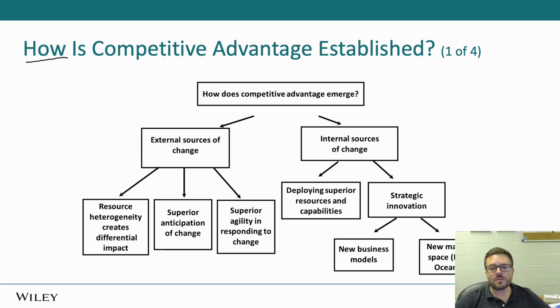And there's two ways this happens. One of them is through external sources of change, and one of them is through internal sources of change. It's the changes in the long run. All industries and all markets will over time converge to that competitive state of equilibrium where prices and profits rather just cover the cost of capital. So the way we get these market imperfections is when something changes to disrupt that equilibrium. And the way this can happen is either through external sources of change or internal sources of change. External sources of change